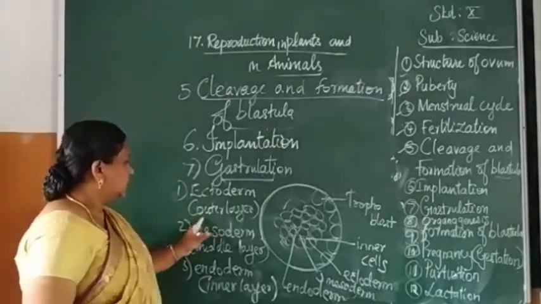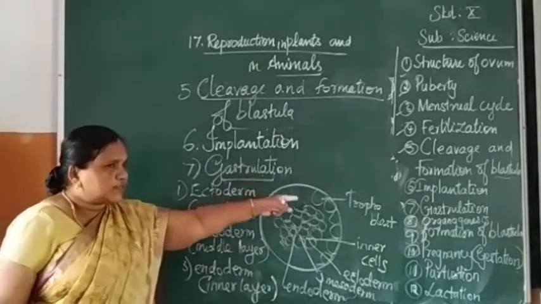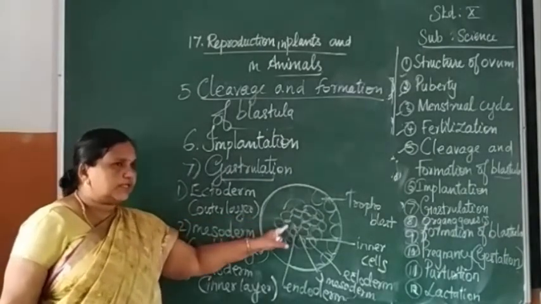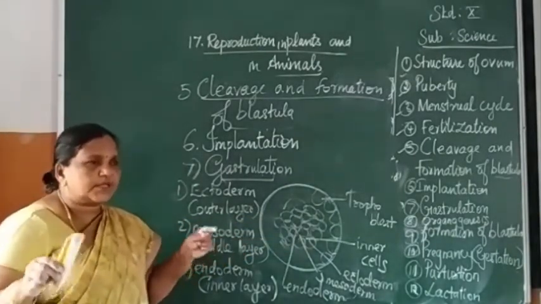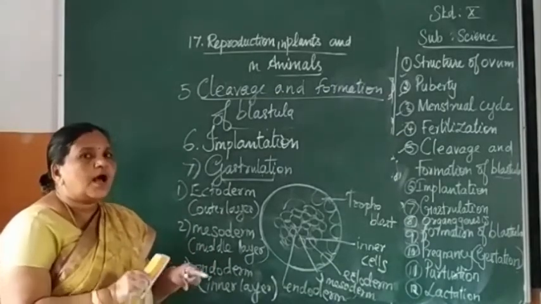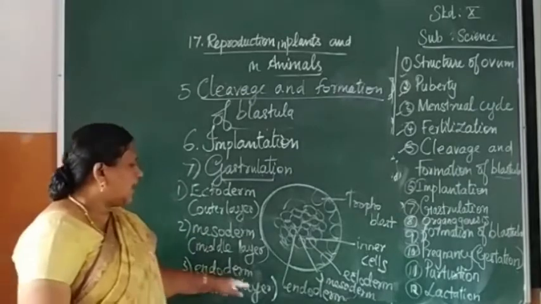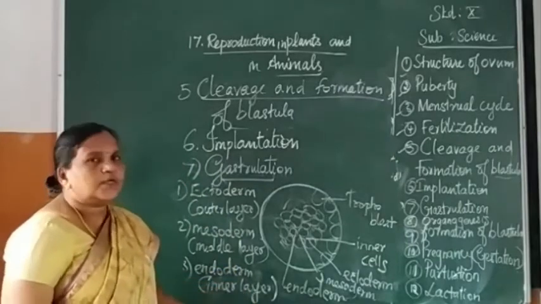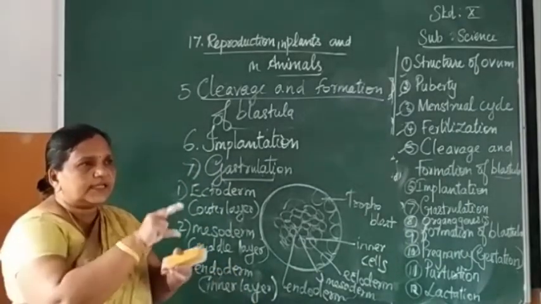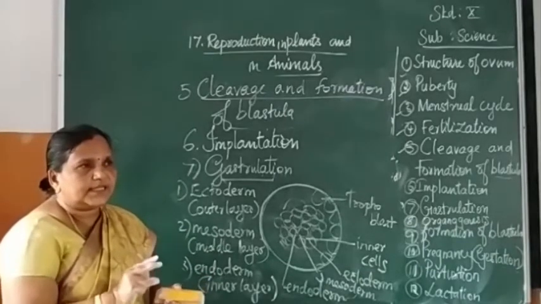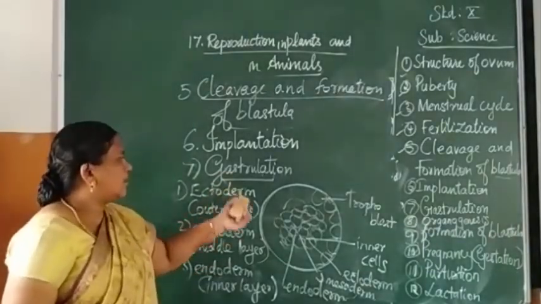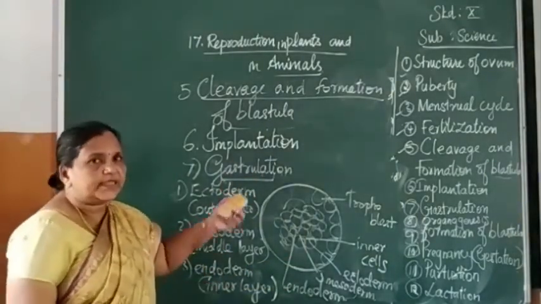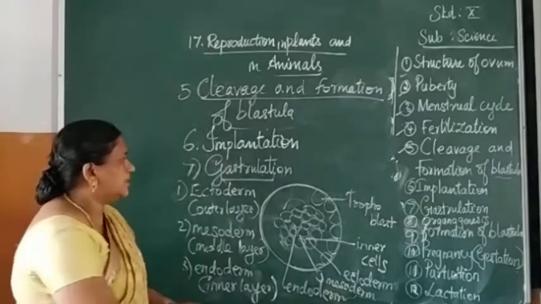First one, ectoderm, the outer layer, that is from the outside innermost cells, and the mesoderm, that is in between the ectoderm and the endoderm. When the germ layer is formed, some of the cells are left out and they form another group of layer, called the mesoderm, and the interior mass of cells forms one more layer, called the endoderm. Now the formation of these three layers and the movement of this gastrula towards the uterus is called gastrulation.